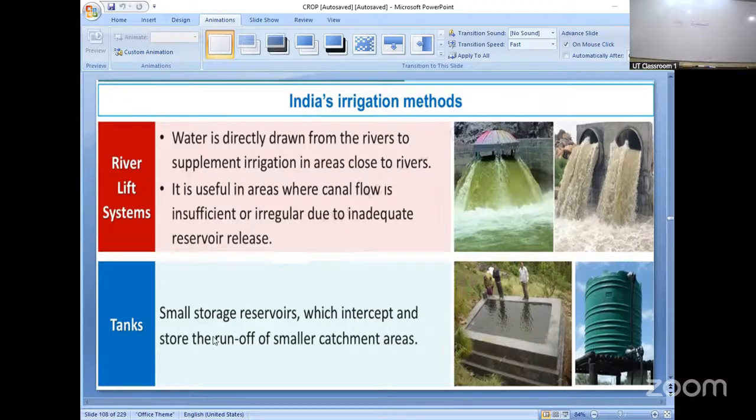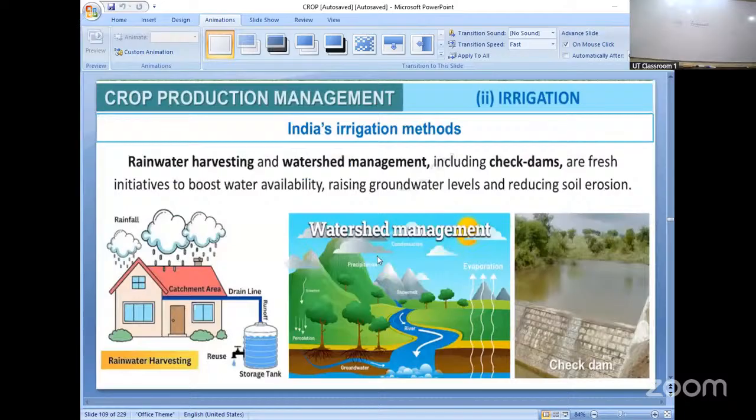Tanks, small storage. These are small storage reservoirs which intercept and store the runoff of a smaller catchment area. And apart from that, rainwater harvesting, watershed management, and check dams are very important